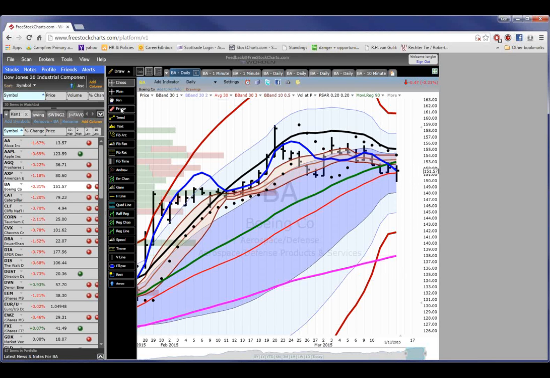If it breaks below 150, however, so in other words, if these support levels fail,